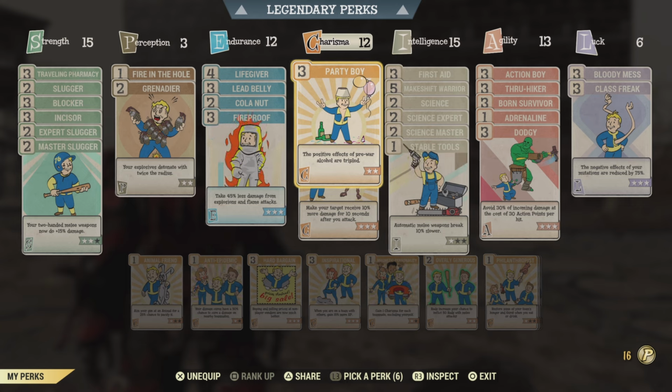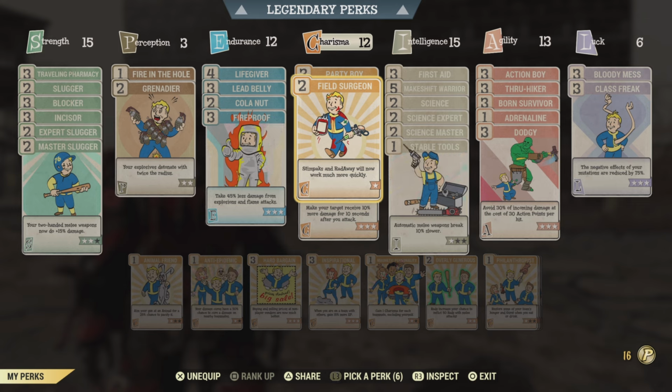So check out Party Boy for the alcohol, right? If you want to take a vodka for the extra hit points, or a whiskey for the extra strength, a lot of good benefits from the alcohol in this game. Field Surgeon, you want your stim packs to be really quick, right? If somebody is trying to kill you, you want to be able to not die, so you want to jam those stim packs